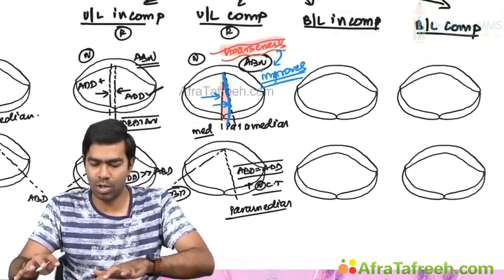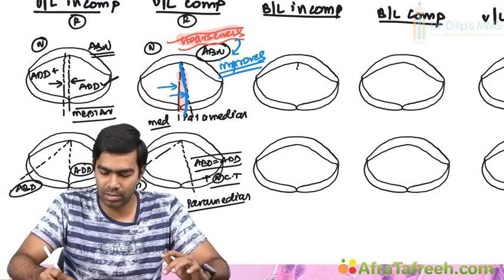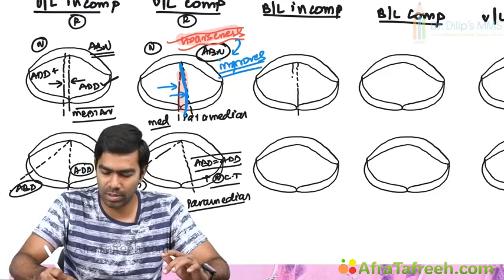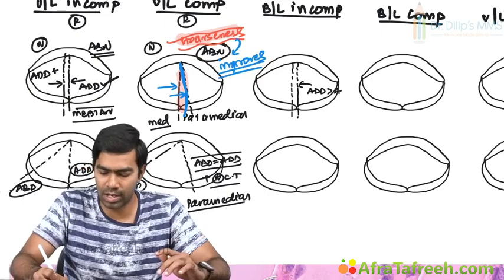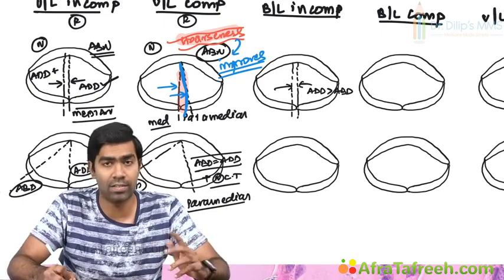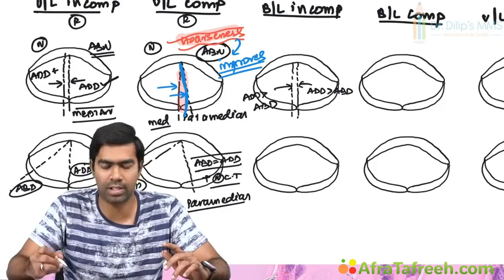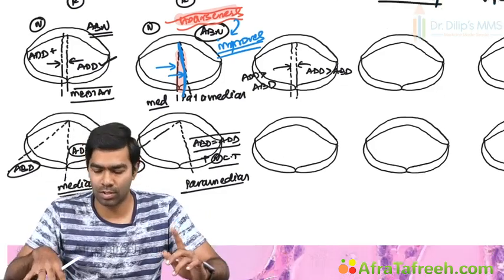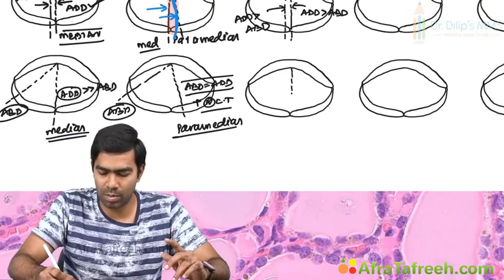Similarly, if we move on to the bilateral incomplete. Bilateral incomplete means since both sides you have incomplete paralysis, both sides are abnormal. So here again adductor action will be more than the abductor action, because abductor weakness is more and relatively adductor is overacting. And similarly on the other side also your adductor action will be more than the abductor action as well. Okay, phonation. During inspiration, again the same problem, they cannot